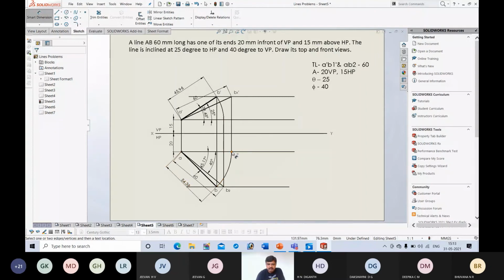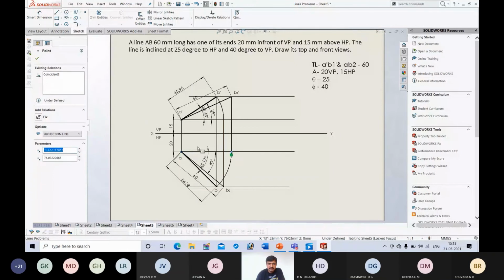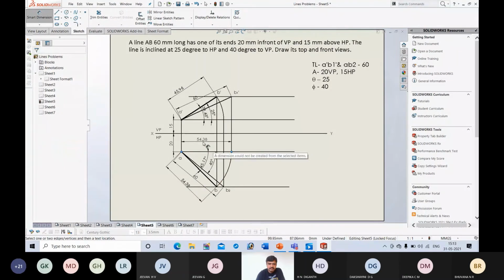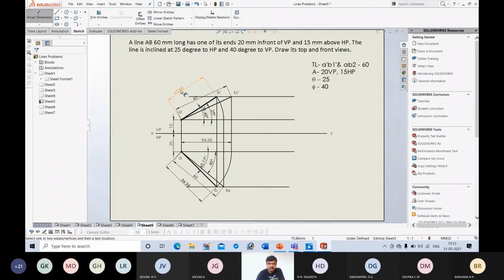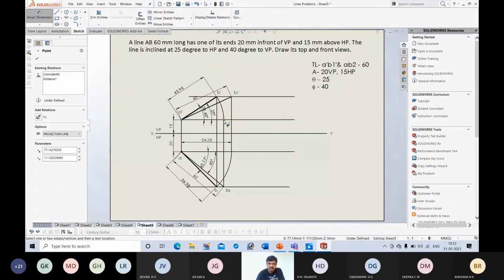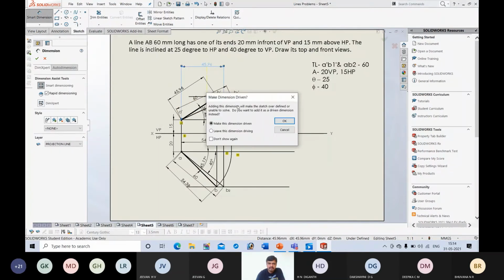That means in this problem, with the given data, you can get this point. This is the top view. Here you can observe the distance between these two is again 54.38, the same length. Again, this is the front view. We are using this arc to transfer this view to this locus. Again the length between these 2 points is the same.